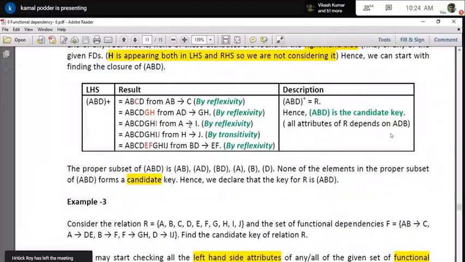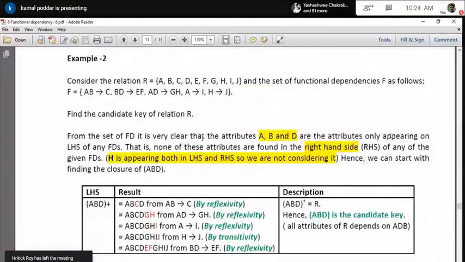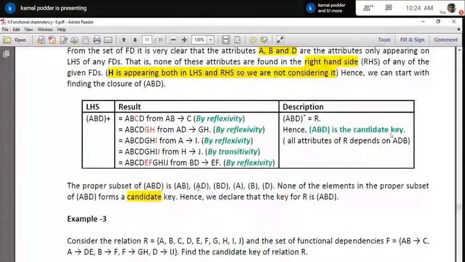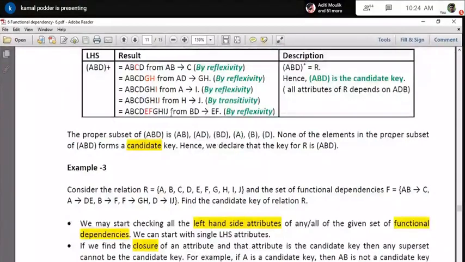Okay, then AI. Now take the next one, AI. This is the FD. I have considered that A is already there, so I will be included. Then take the HJ functional dependency from that set, and if H is already included, then J should be included. And in case of BDEF, similarly, you can just include the EF. So in this way, I have to consider each individual FD and check whether the right hand side is already included in the result set or not. If it is not, then you include it. In this way, ultimately, you calculate the closure of the attributes.